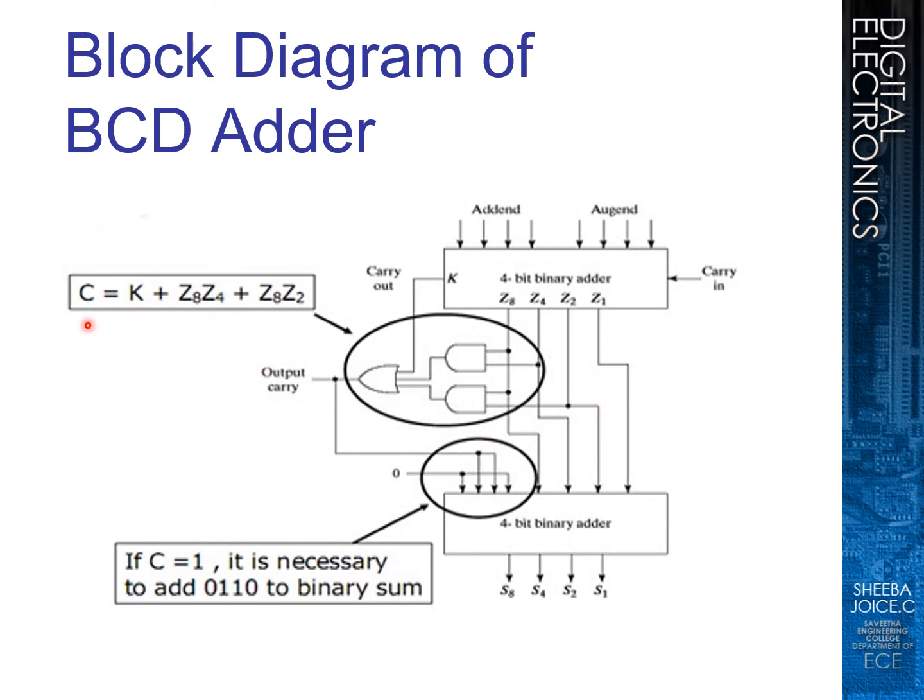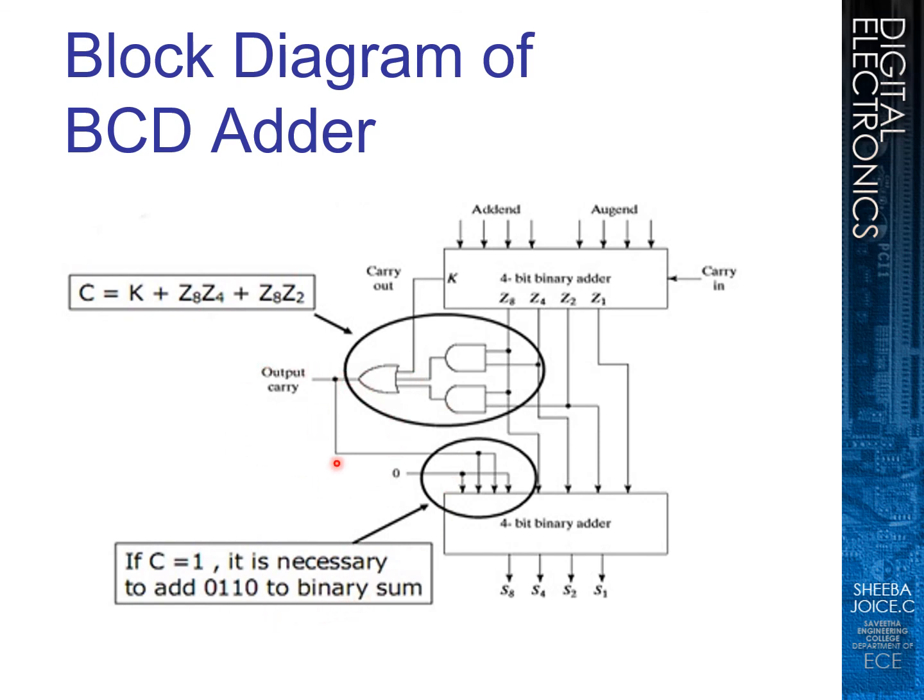So here we know C is equal to K plus Z8 Z4 plus Z8 Z2, which we just derived. So we try to get this value for C. After getting C, we need to check. If C is equal to 1, we need to add 6 to the binary sum. If C is equal to 0, we need not add the 6. So to obtain that,